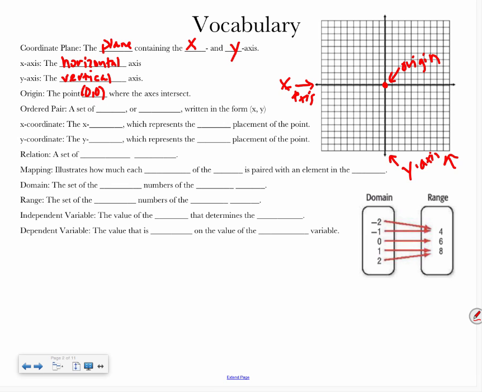And an ordered pair is a set of numbers or coordinates written in the form x, y. As you can see in what I wrote for origin, 0, 0, that is an example of an ordered pair, okay? The x-coordinate, going down to our next vocab term,